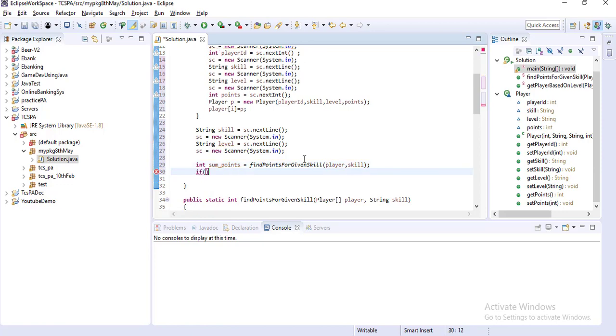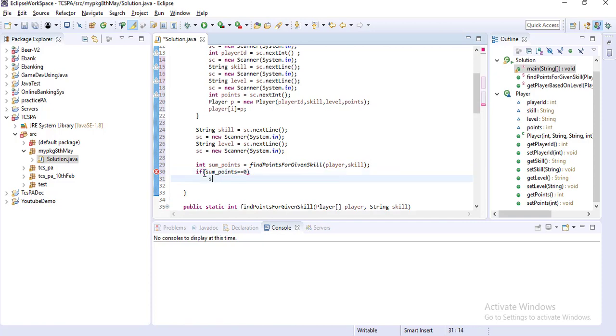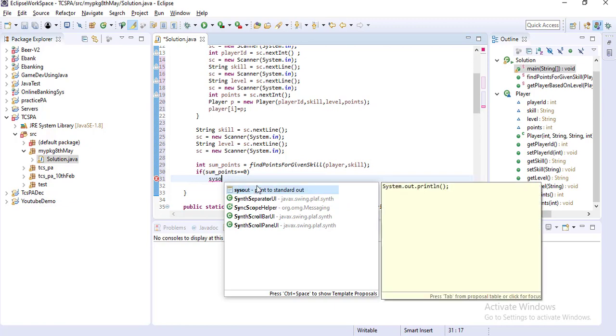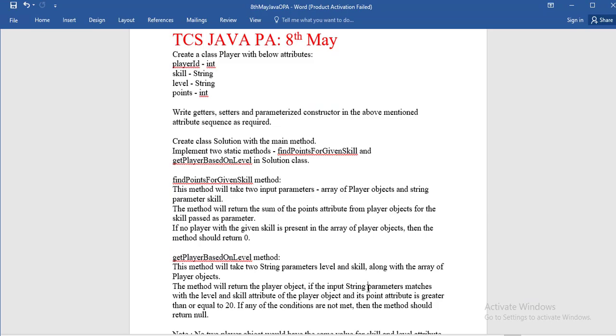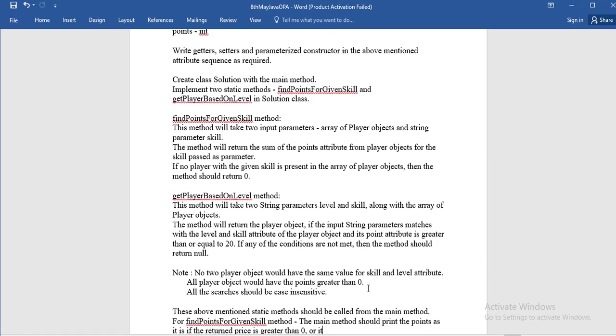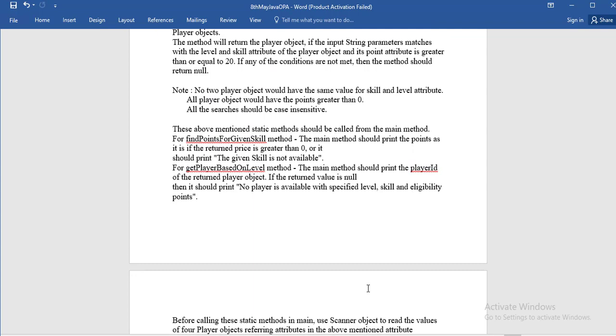If sum_points equals 0, then you have to print the message, the given skill is not available. Here you can see the message is like that.